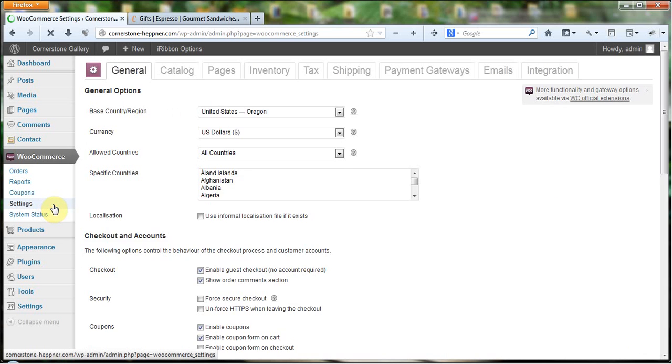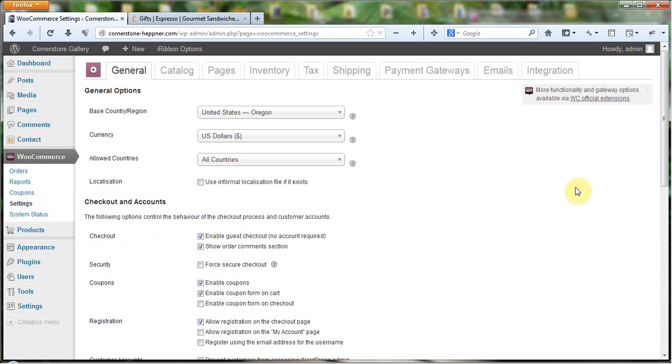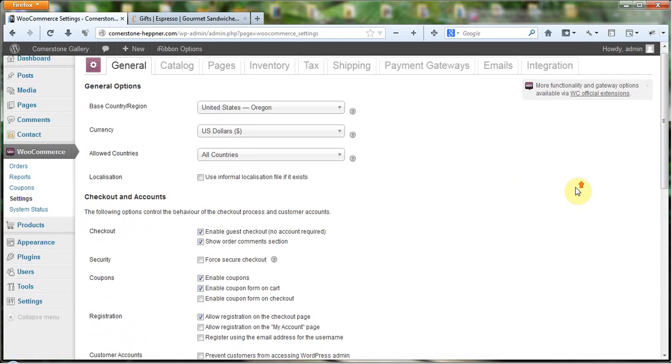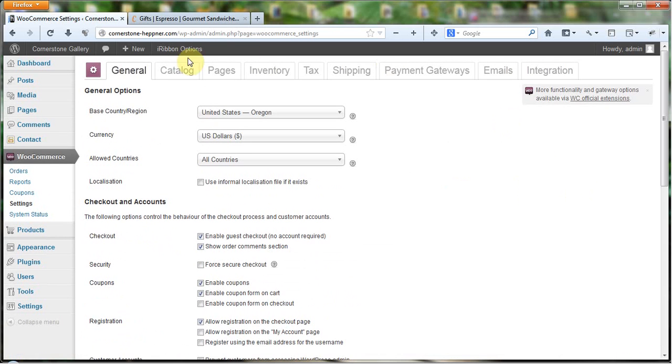Here we have settings. You probably won't actually have to go into this much. This is the portion of the system we go into and set up completely before you guys will actually begin even adding products or anything, so you won't really have to worry about this portion. But this just has, as you can see, general, catalog, pages, inventory, tags,